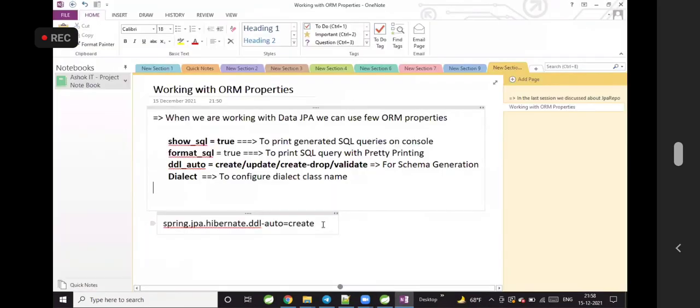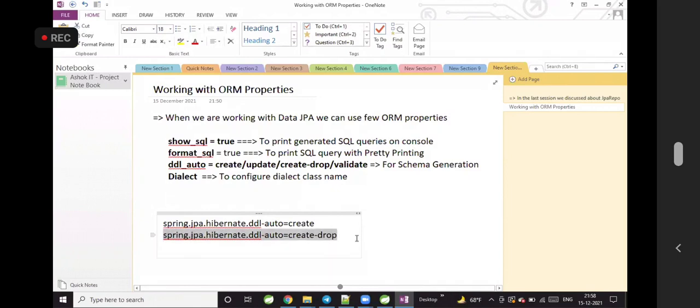Similarly, here we can go for create-drop. The create-drop option is also available. It will create the table, perform the operation, and drop it. And the next one is update. If the table is available, it is going to insert the record.